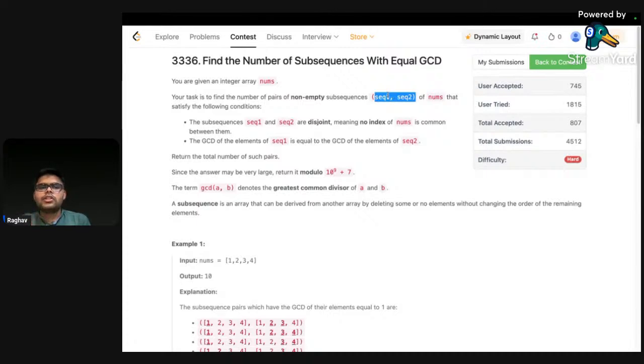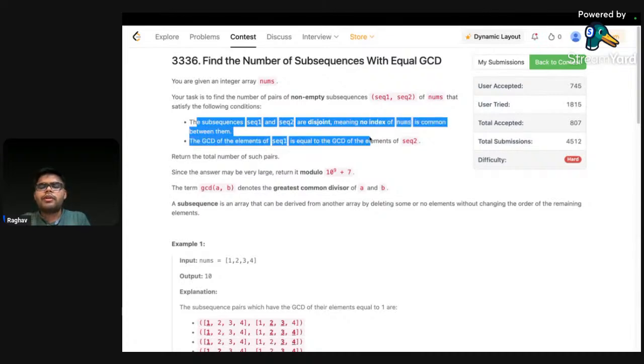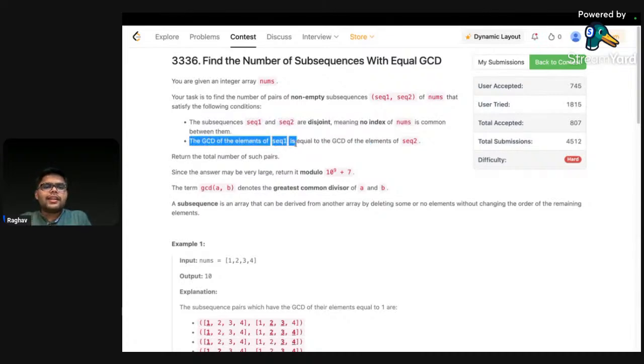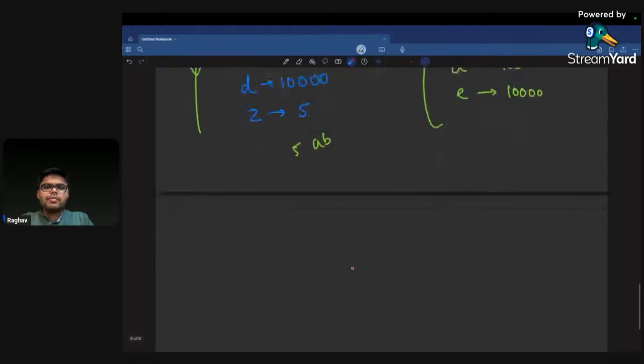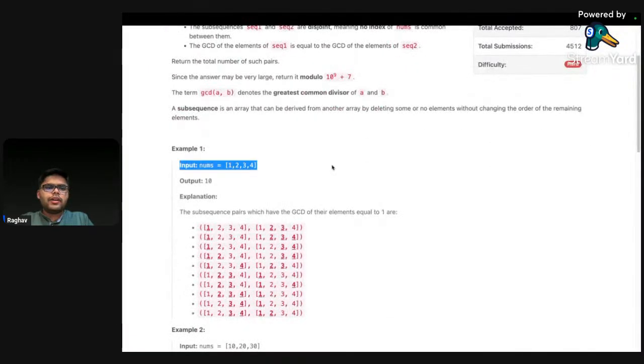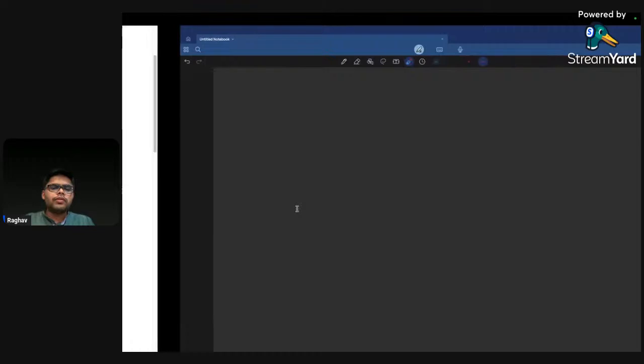So there should be these two conditions being followed. The conditions are, these two subsequences are disjoint, meaning that no index of nums is common in between them. And the second thing is GCD of the elements of seq1 is equal to the GCD of elements of the second subsequence. We have to return the total number of such pairs, and if the answer can be very huge, we have to return it modulo 1e9 plus 7. So let me take one example. If you had an array like 1 2 3 4,